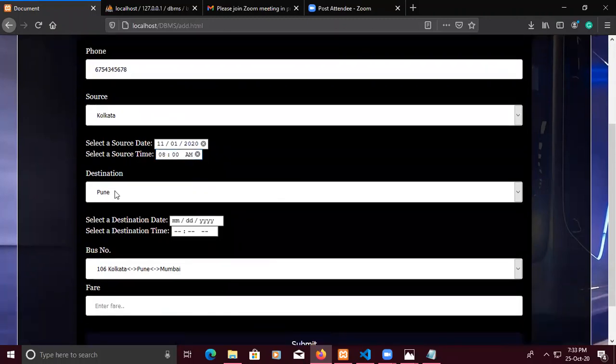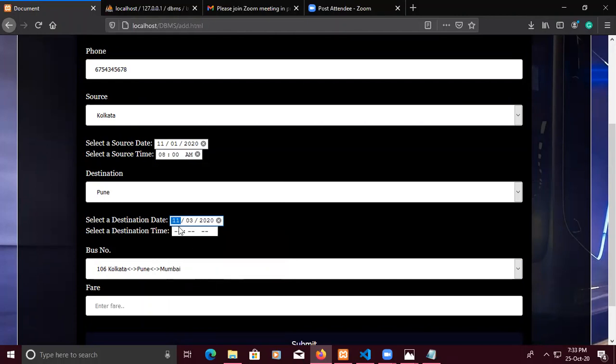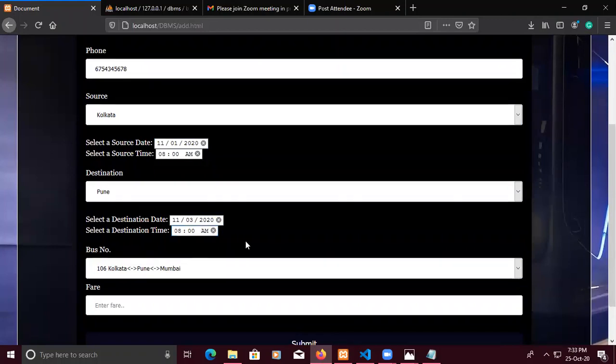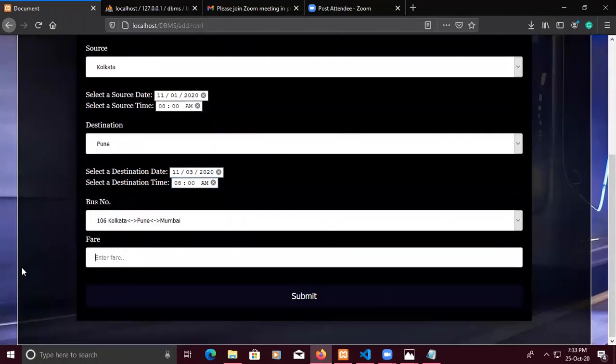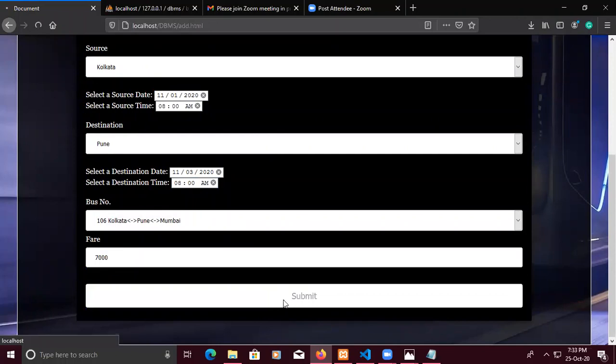He will reach his destination from Kolkata to Pune in around 2 days, so he will take 3rd November, and the same time, 8:00. The admin knows what the price will be, and he will enter, for example, 7,000. Now he will submit this.